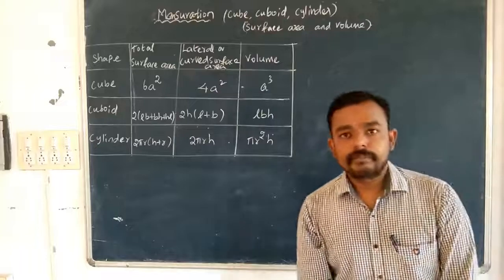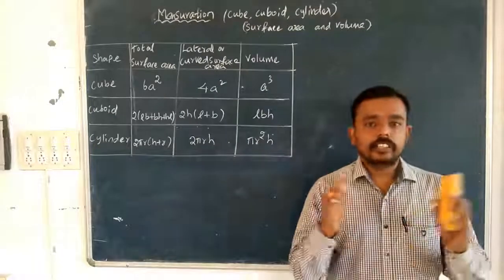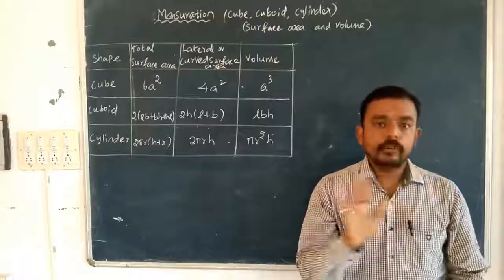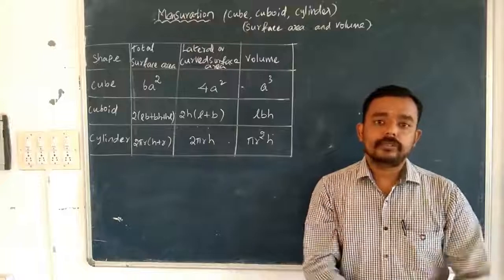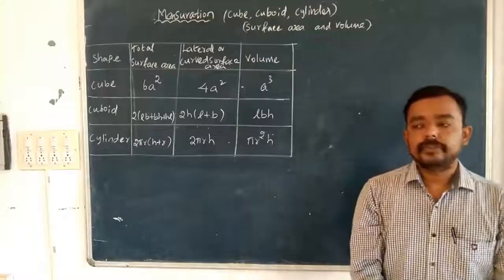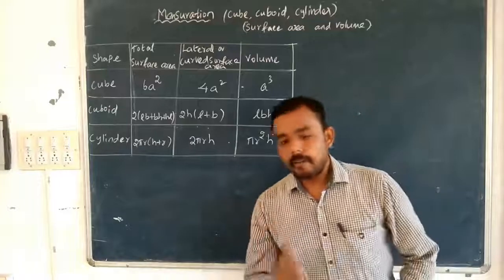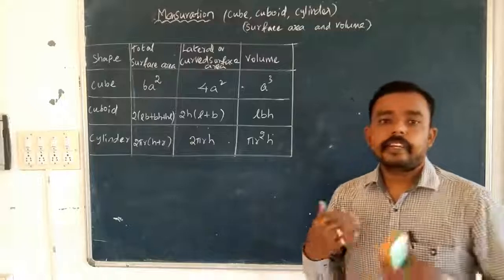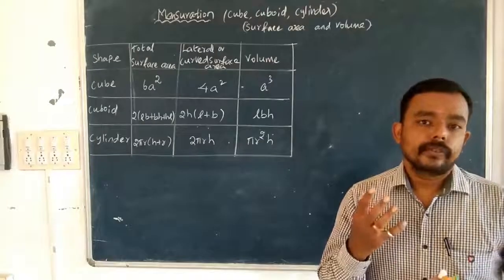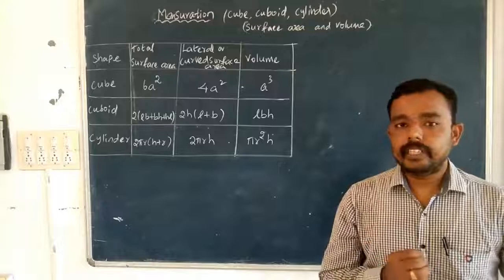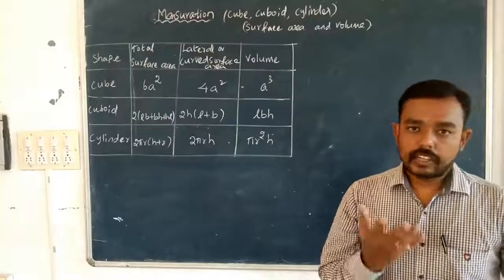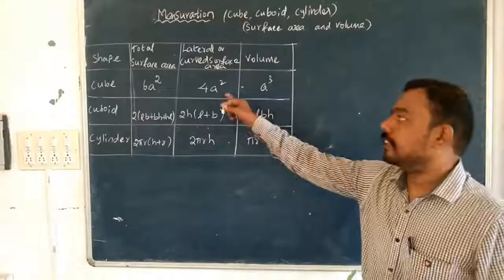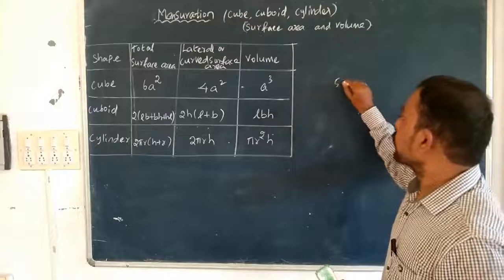Suppose you have an aquarium. In that aquarium we need to cover a certain area, top view and then side view. Only the front view may be open, the remaining sides should be closed. So like that, you have a box, top side is open. The remaining we need to cover using any colour paper or any cloth. For that we have 5 sides, so we have 5 a square.